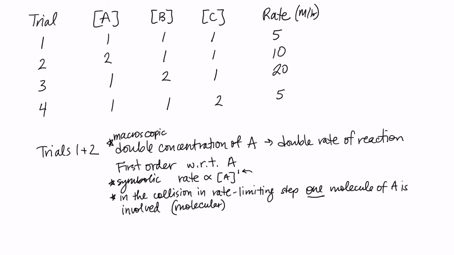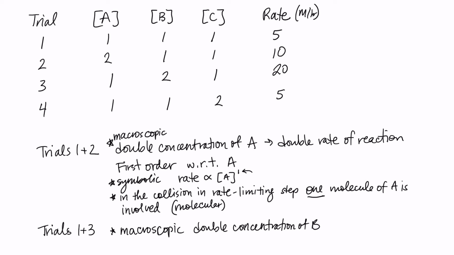For B, we're going to look at trials 1 and 3. And we'll notice in trials 1 and 3, A and C are kept constant, but B is doubled. And when we double, so this is our macroscopic, we double the concentration of B, that quadruples the rate. It went from 5 to 20. So that tells us this is second order